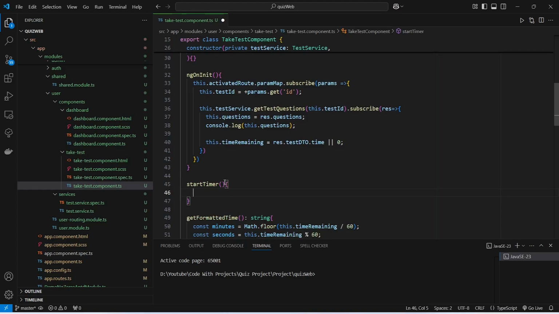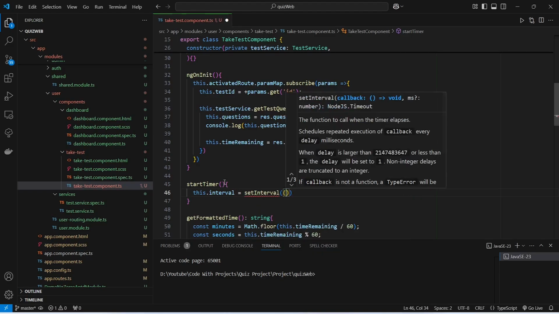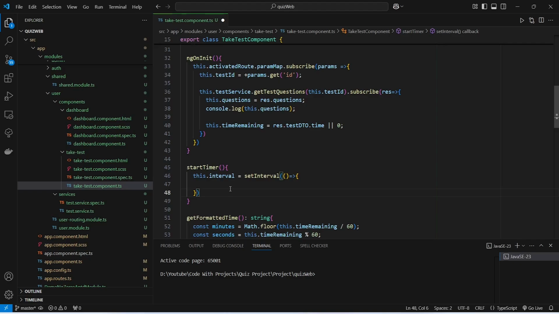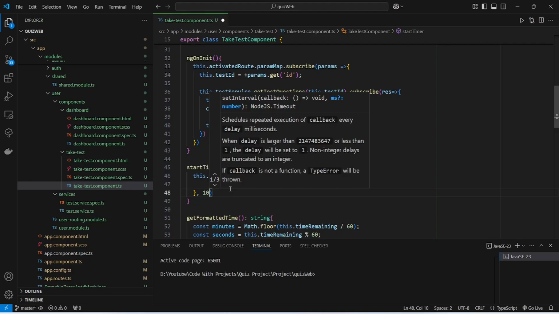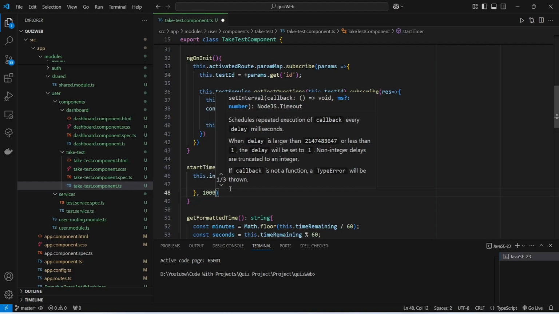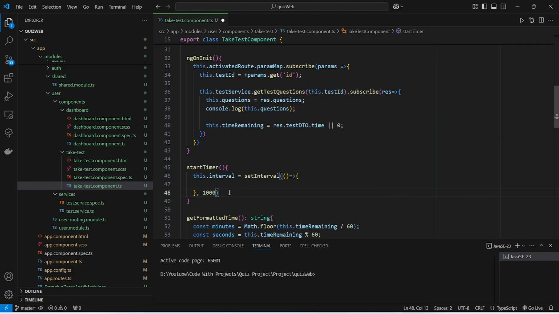And in the body of this method we need to use our interval, and after this we will use the setInterval method, and after this we will create an arrow function, and after this we need to give the time here to recall this method after a specific duration, and we will give this as 1000 milliseconds, which is equal to 1 second. And in the body of this method we need to write the code to check the time remaining,